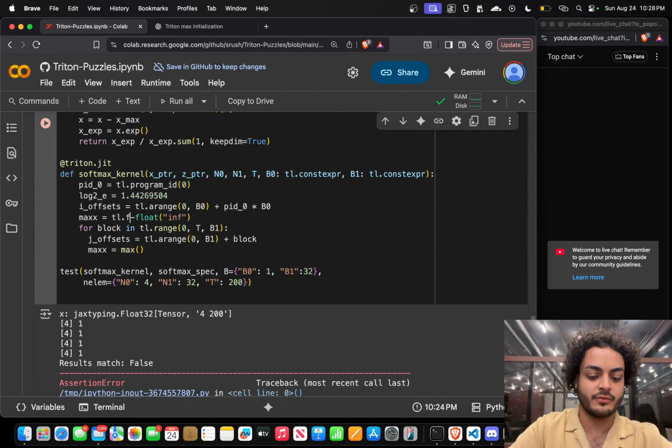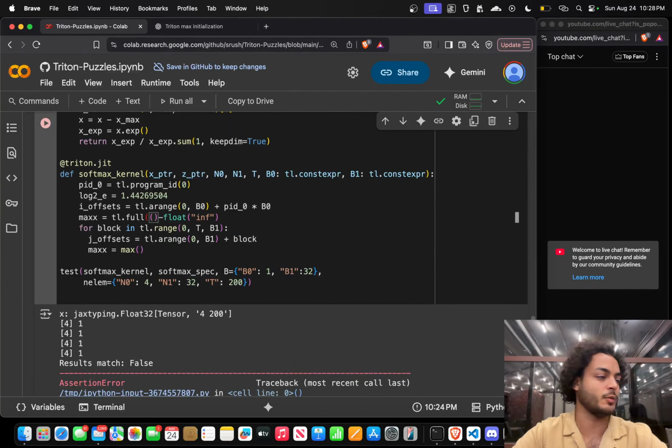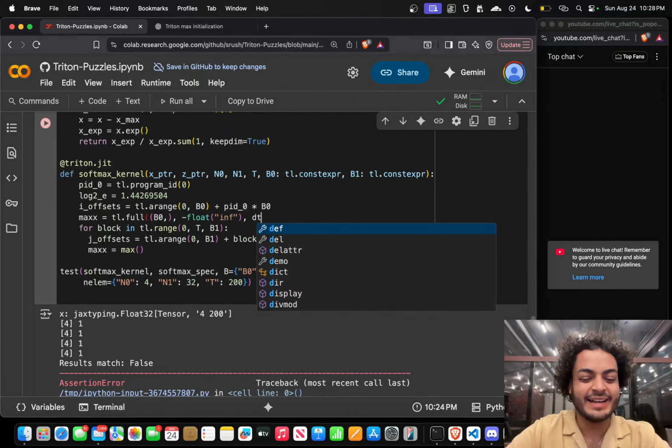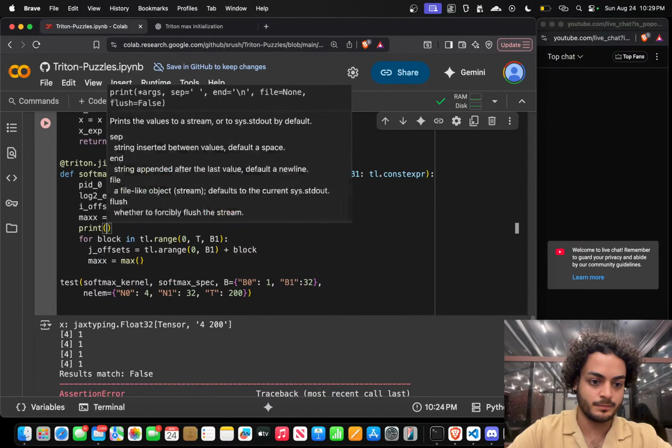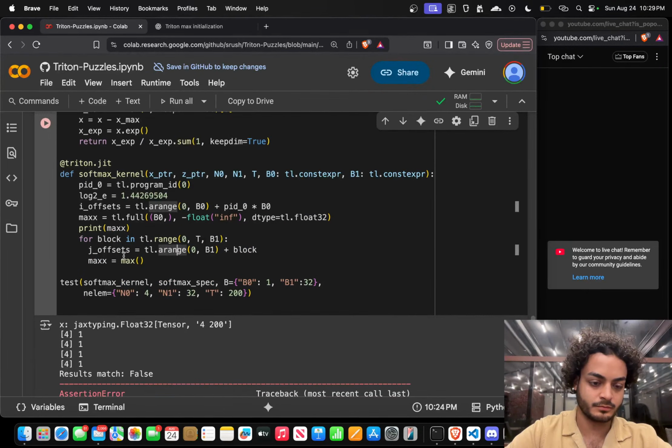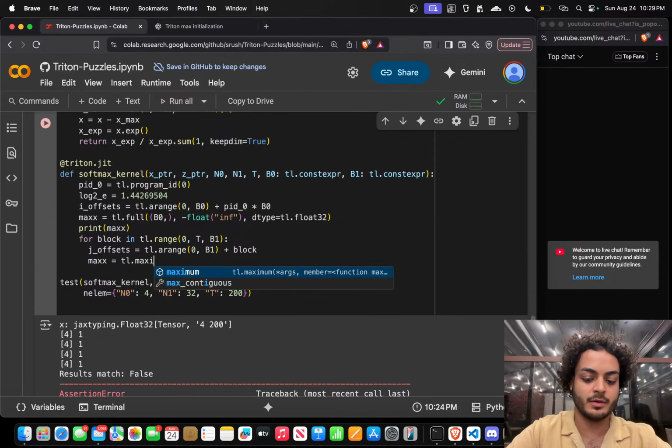I want to say tl.full of, I don't know what this length should be, b0, dtype equals tl.float32, like that. And so this max should just be like a, and then here we'll say tl.maximum of,